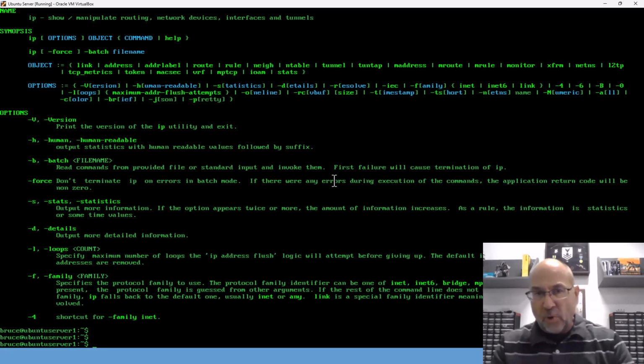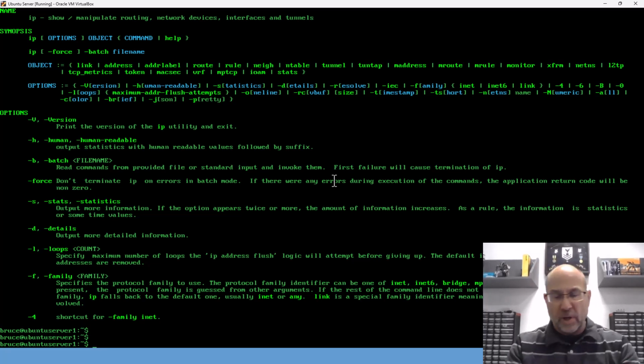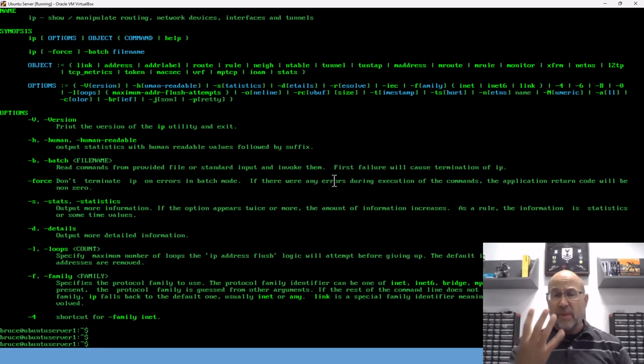Now, I suppose before we go here, I want to show you the last of the four numbers that we need. When you are on a network, there's four numbers that we actually need to communicate. We need an IP address, we need a mask, we need a default gateway, and we've done those three so far, and we need DNS, which right now is being handled by the hypervisor,